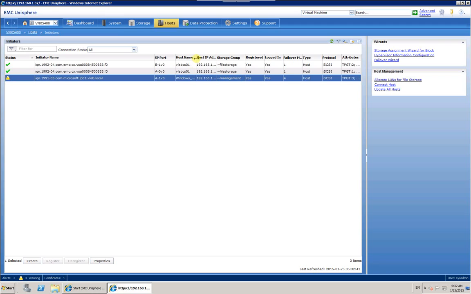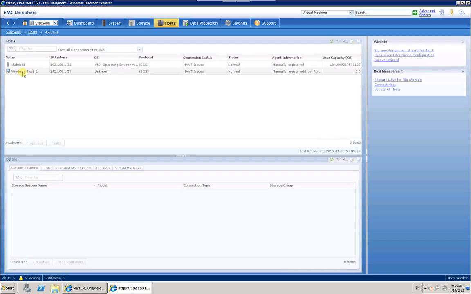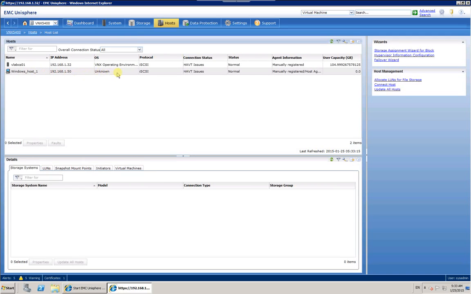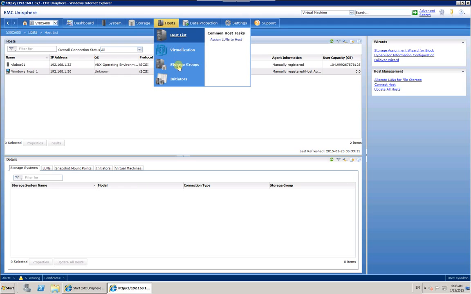As you can see right now, the host is registered. The host name is Windows host 1. We've got our IP address, but there is still this yellow sign, the warning. The warning is only because the host is not attached to any storage group. If the host is not attached to any storage group, there's a special kind of storage group called management. It means that it's not attached to any. Right now, we can go to the host list, and we should be able to see our host. There's Windows host 1 with the IP address and an unknown operating system, because we registered manually and it wasn't discovered. And we can go back to our storage group,